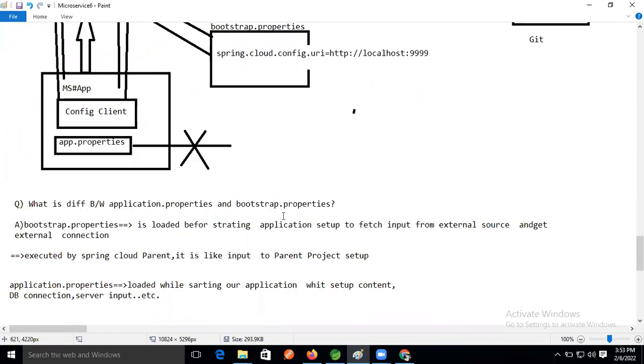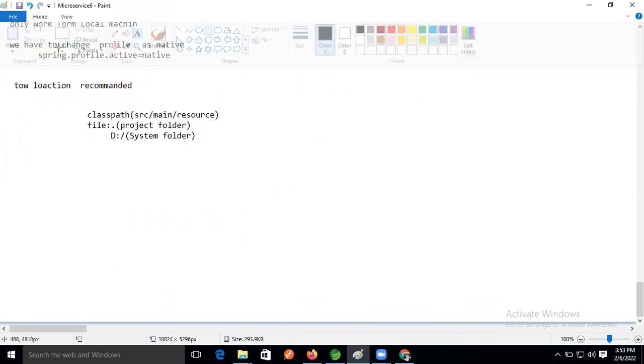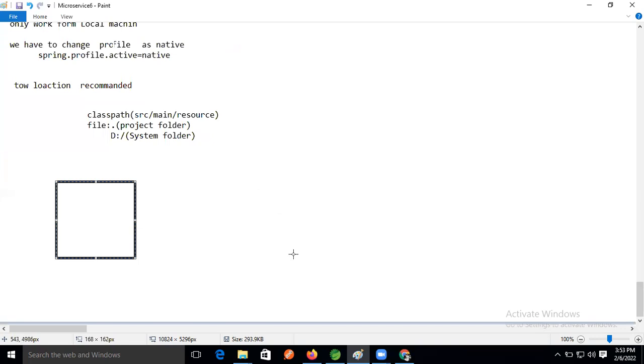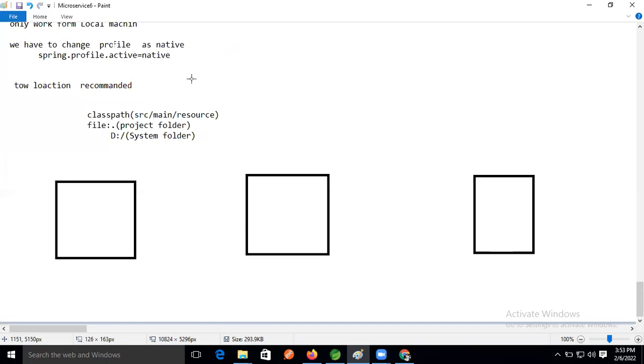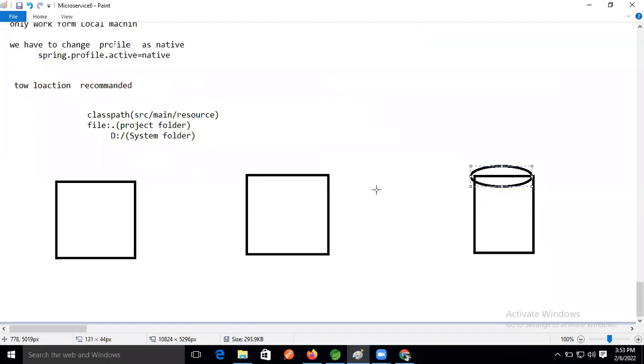So now let's understand the same things again. Previously with the Git repository, when we were using microservices, just assume this is our microservices, this is the config server, and this is our Git repository. In the Git repository, we are placing one key, sorry, property, inside the application property.